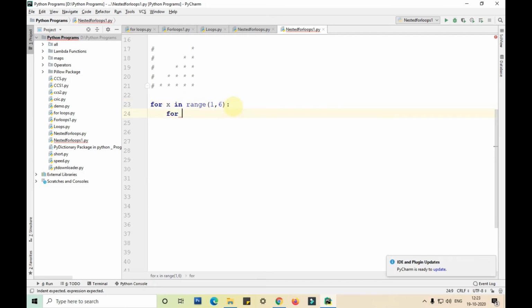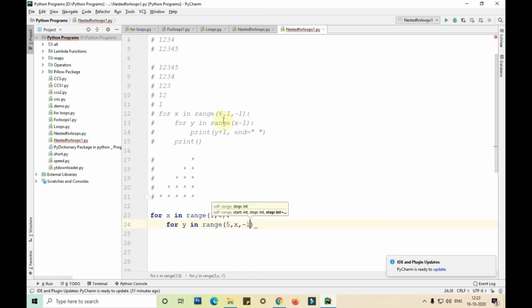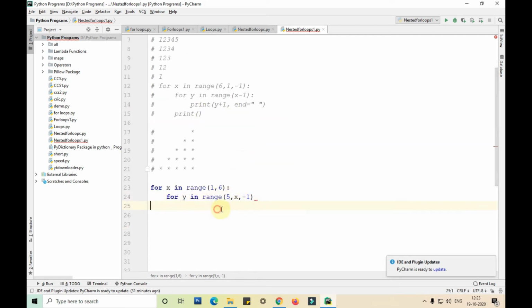Then for y in range of 5 comma x comma minus 1. As I've told you, guys, we also have negative indexing. I'm using the negative indexing to print the spaces, because they are decreasing every time. I'm focusing on this negative indexing every time.